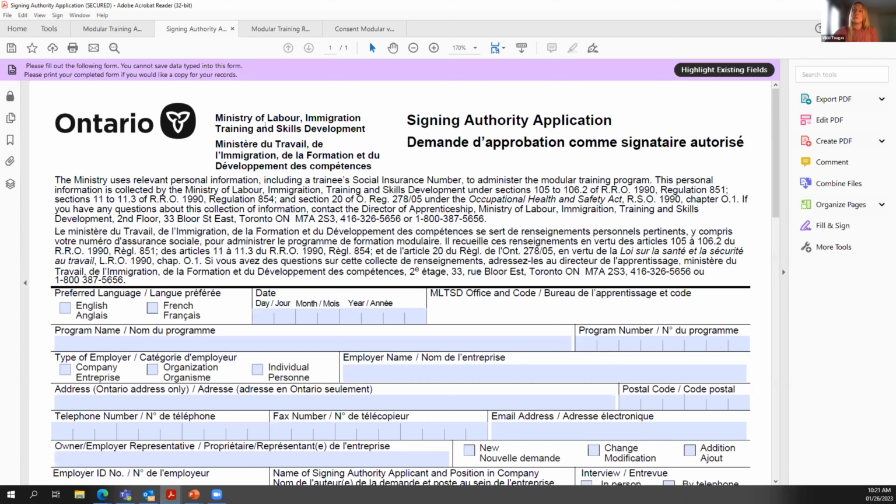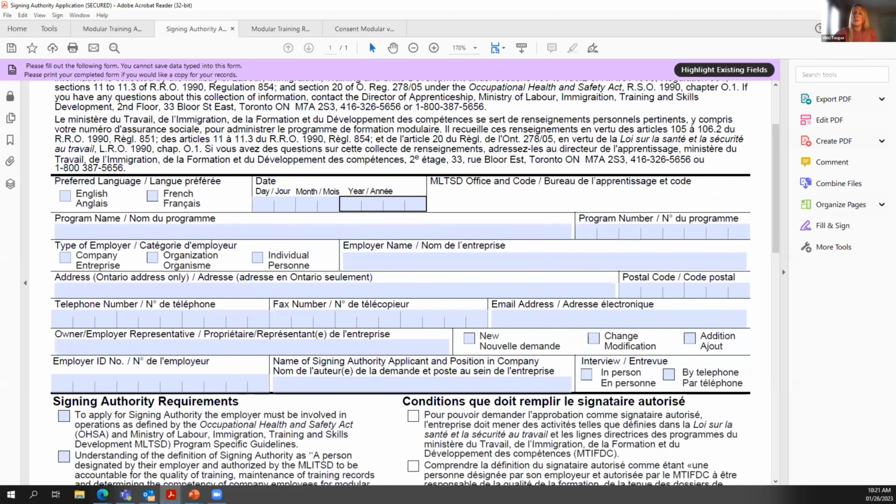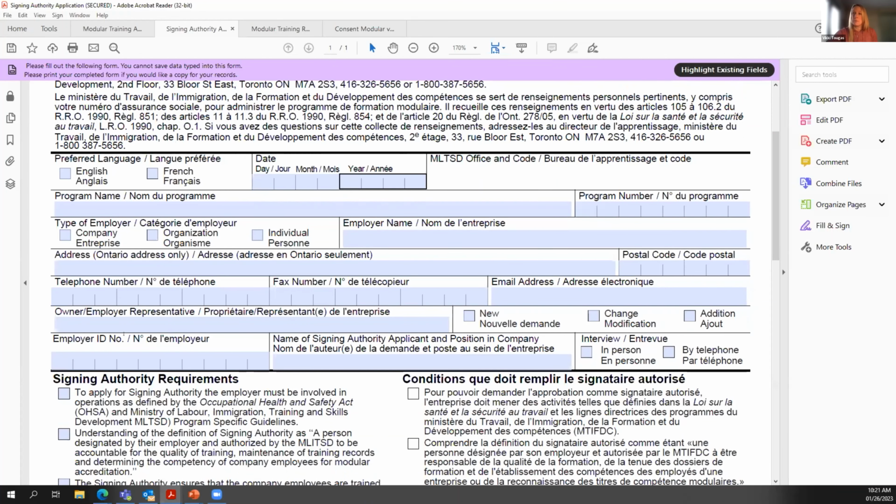There are a number of forms out there because employers do have stock, and we are accepting all forms. Mostly it's the ministry name that has changed on all of them. But it would be filled out on here, the program that you're applying for, the type of company you are, your address, telephone number, all your contact information,